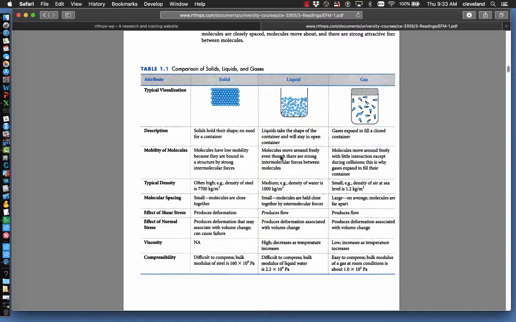If we increase the temperature, the viscosity gets larger, according to this table. So to make gas more viscous, we increase the temperature. Gas is easy to compress, so the bulk modulus of gas at room temperature is